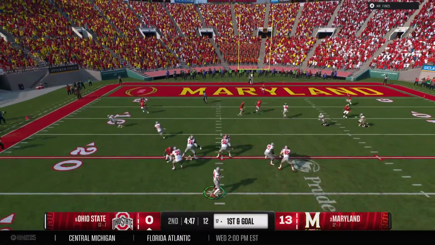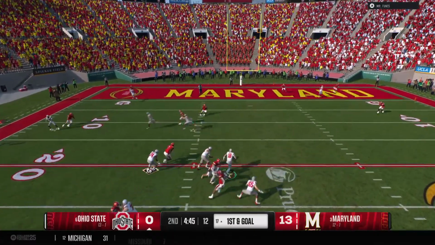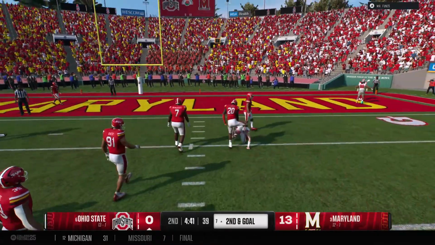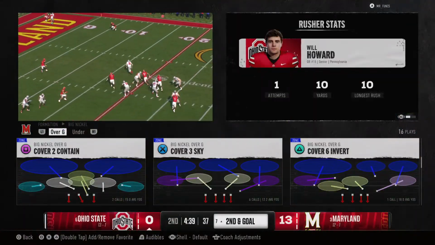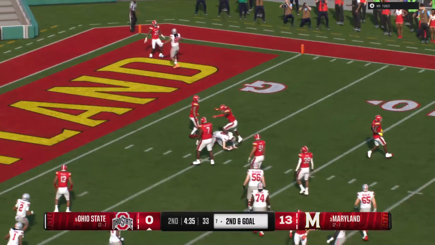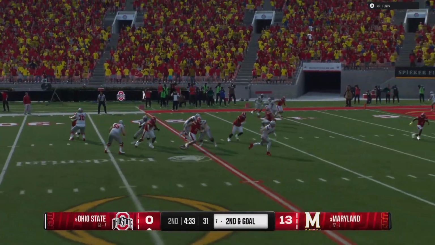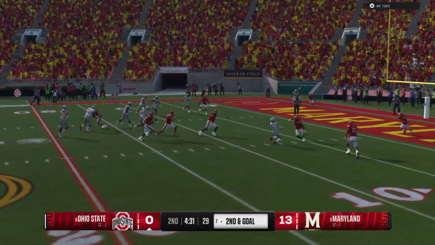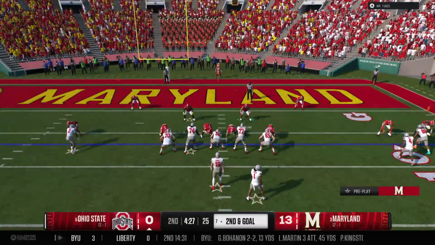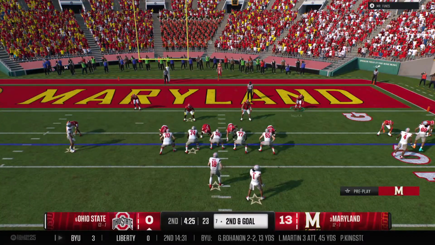To throw, it's Howard. He's running out of time here. He'll avoid the big hit with the slide. Chris, watch him work through his progressions here. Finds the first and the second option aren't there. By the third option, he's got to pull it down and try to pick up some positive yards, of which he did, and then he slides down to avoid the big hit. Second down and goal upcoming.